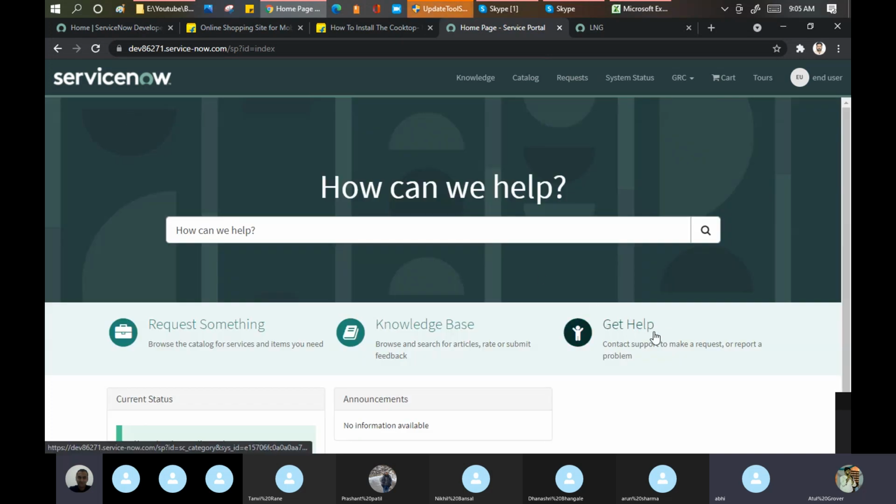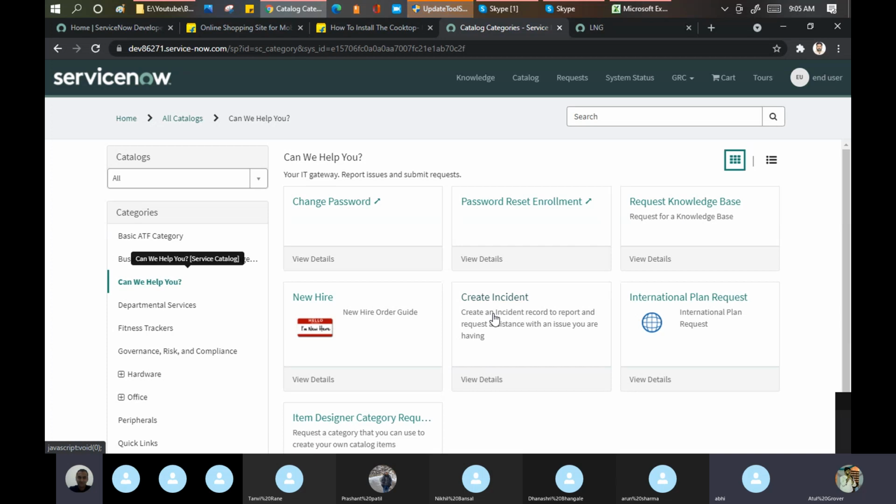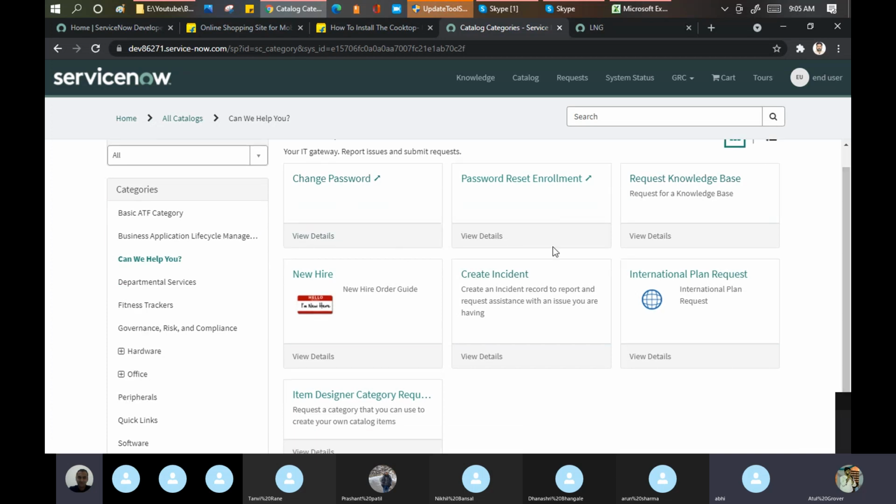Get help. If you want to raise an incident, not a request, you can click on Get Help here and raise your incident. When you click on this, it will create an incident record.